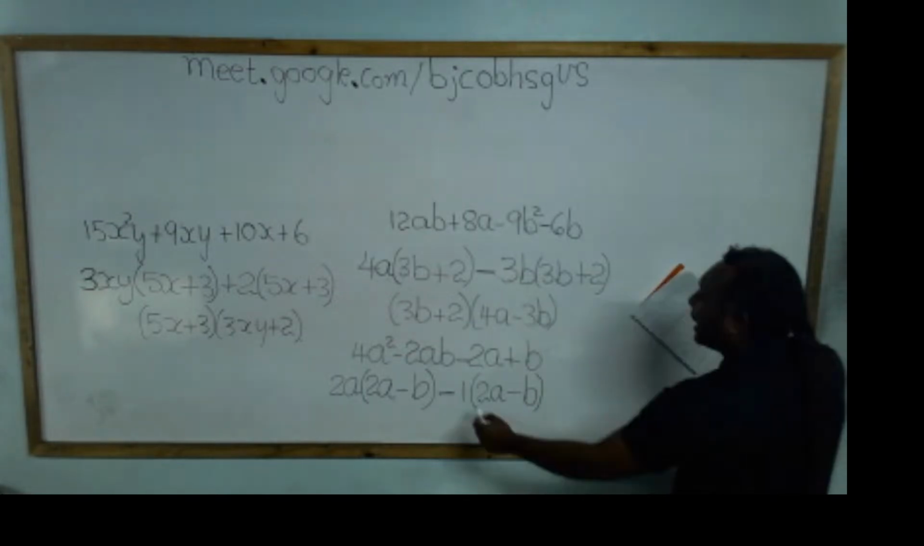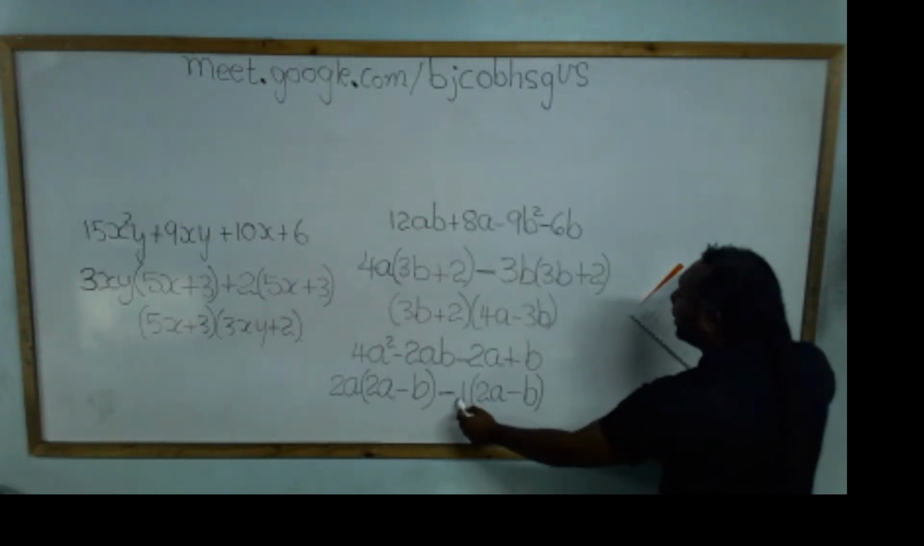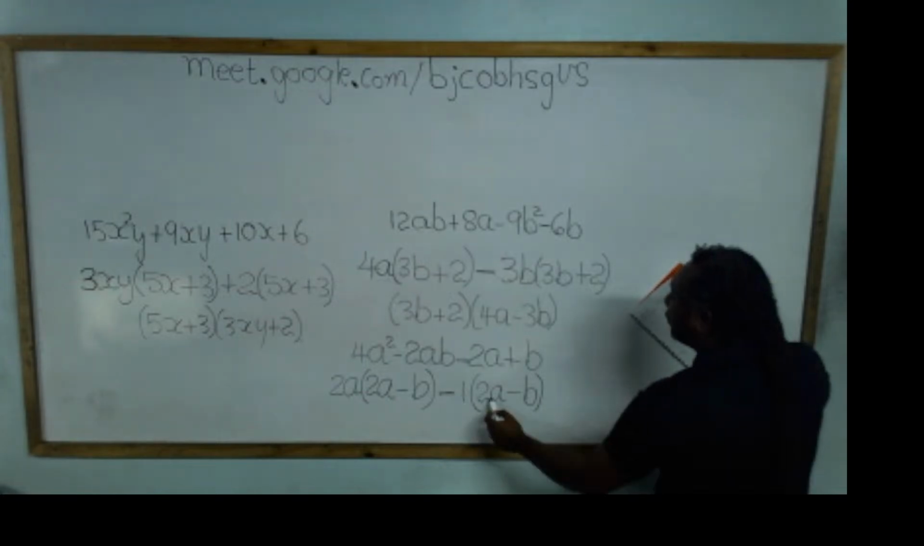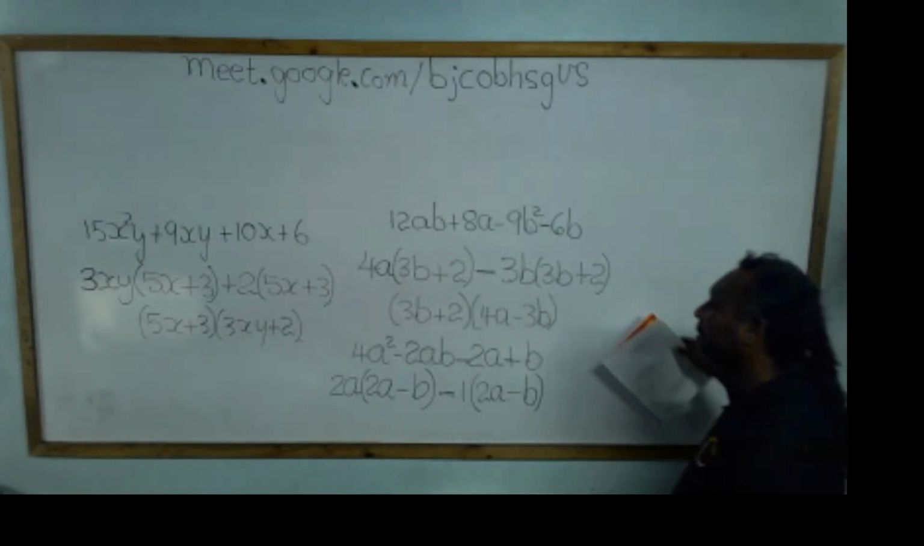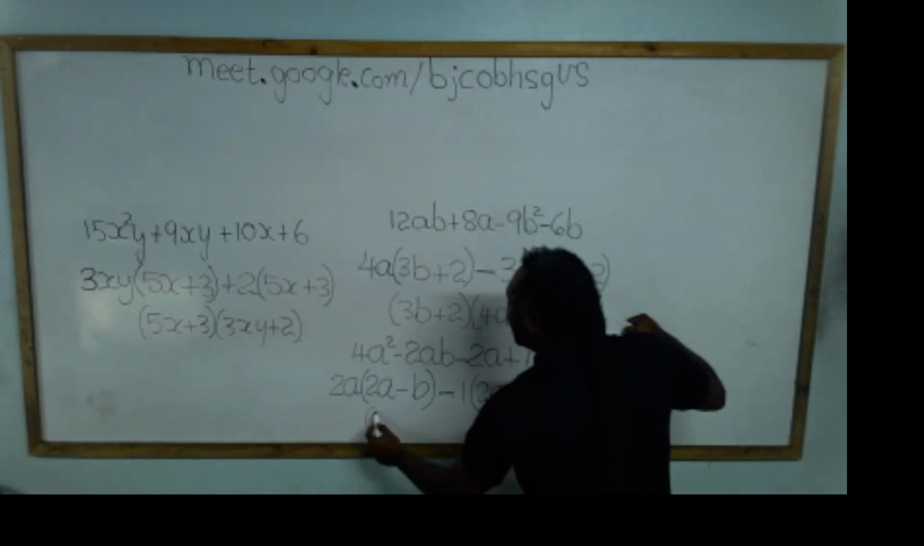So it's going to be a negative 1. And negative into negative is positive, so you have that positive 2a. Then negative into positive is negative, so you have that negative b. And of course, there's no cooking. So we have 2a minus b